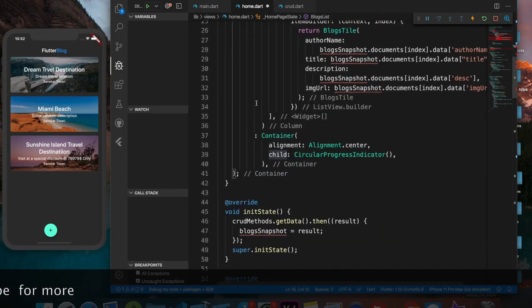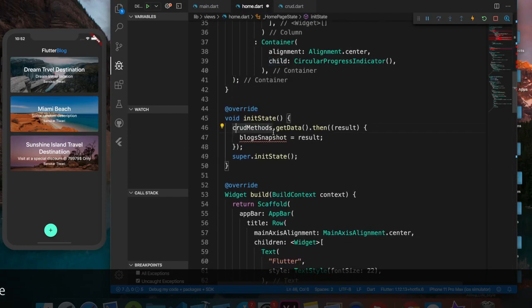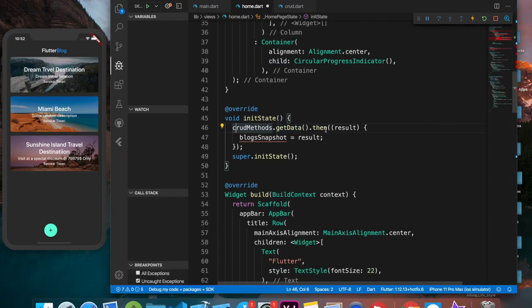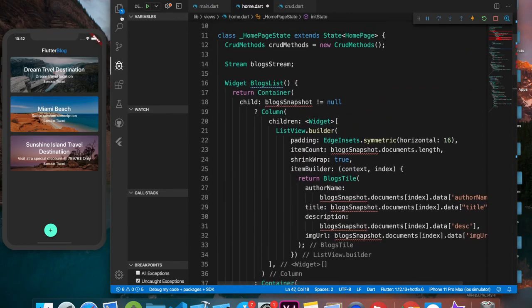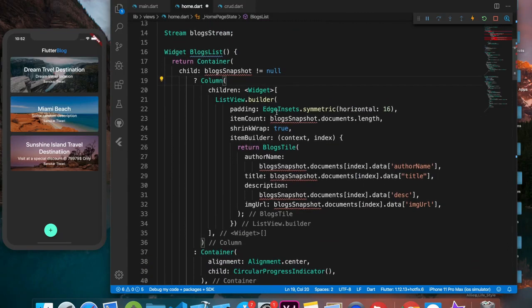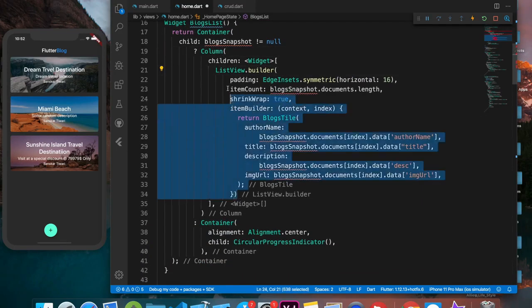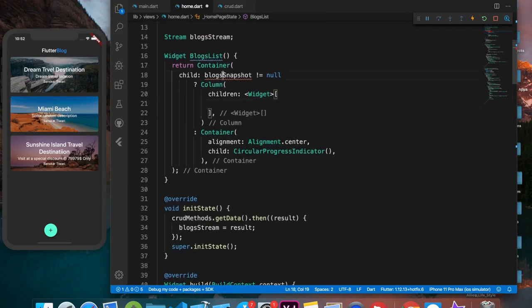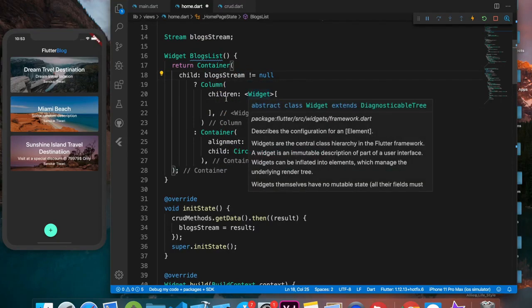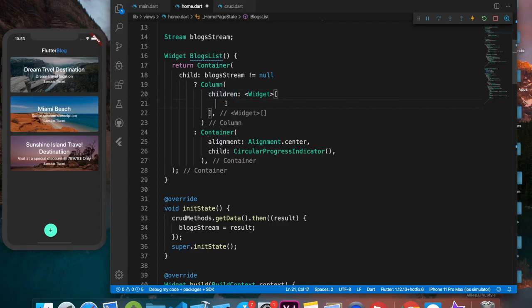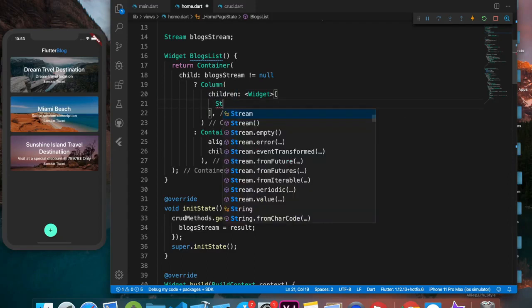Now the crits method dot getData result will be giving us a stream, so I'm going to store that in a stream. Now let's work on this, guys. We will be removing all this list view and updating this to blogs stream is not equal to null. So this will function the same, but here we will be using something called